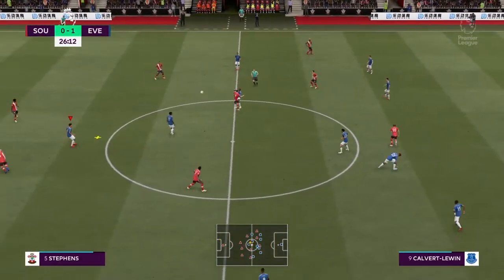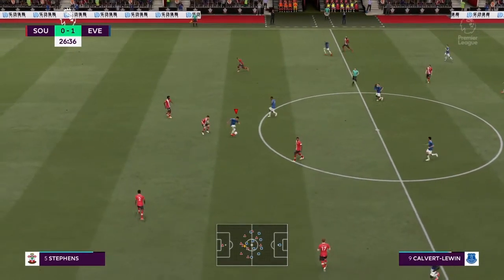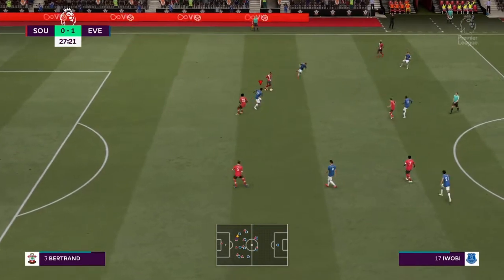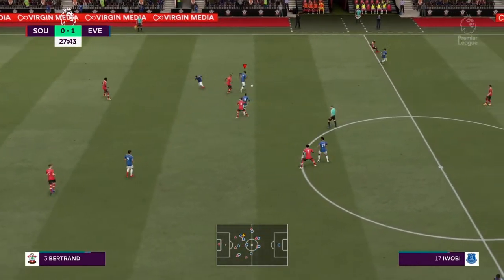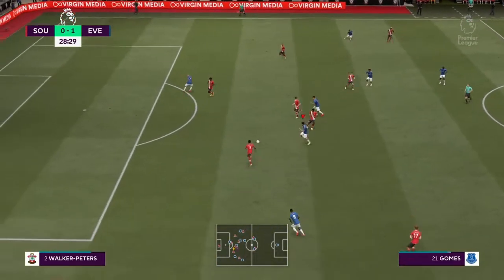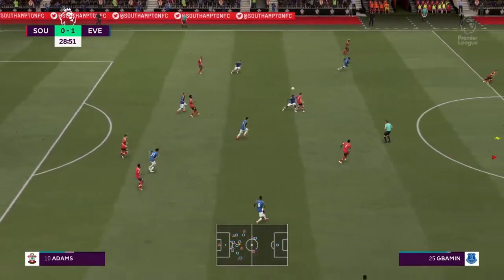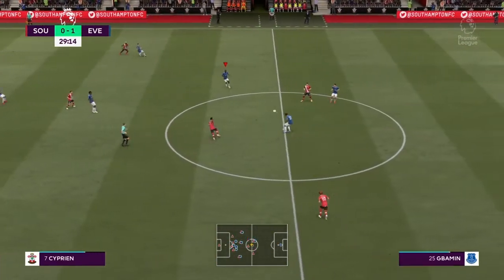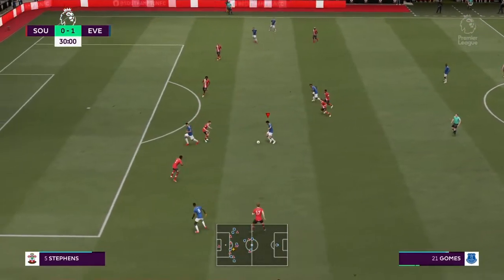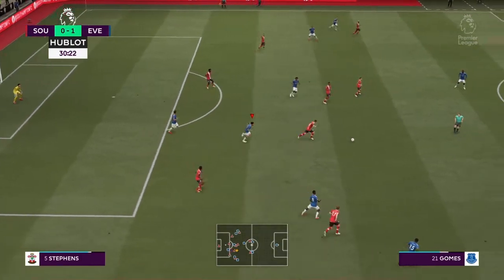As Che Adams wins that, but hopefully Doucouré can win that header, and he does. Gives it to Dominic Calvert-Lewin. We look to send Iwobi through there, but cut out by the defender. Picked up again by Alex Iwobi. Feeds it into Dom. We look to give it to Andre Gomez. He's maybe asking a bit too much of Andre Gomez there, but Gueye picks it back up. Doucouré, Iwobi, Andre Gomez. We look for the through ball left for Dom, but it's cut out by Stevens, and